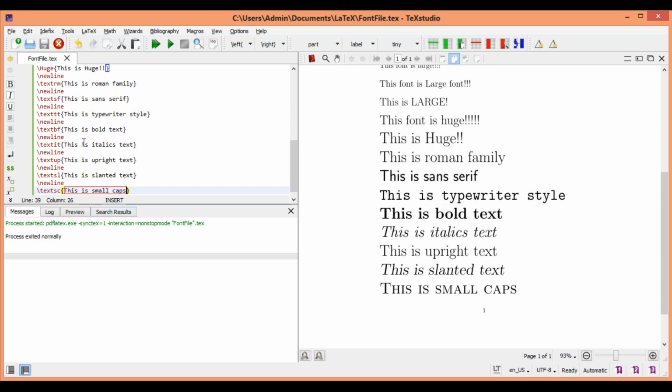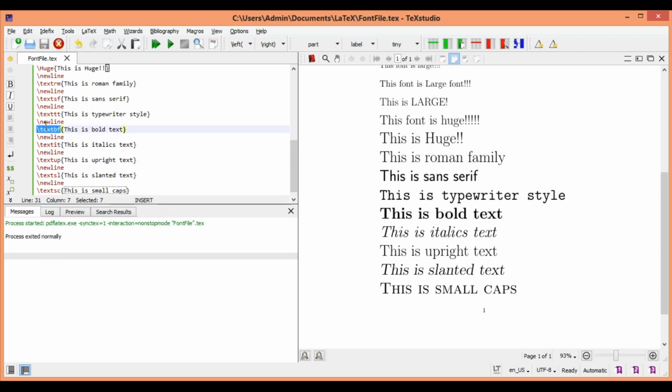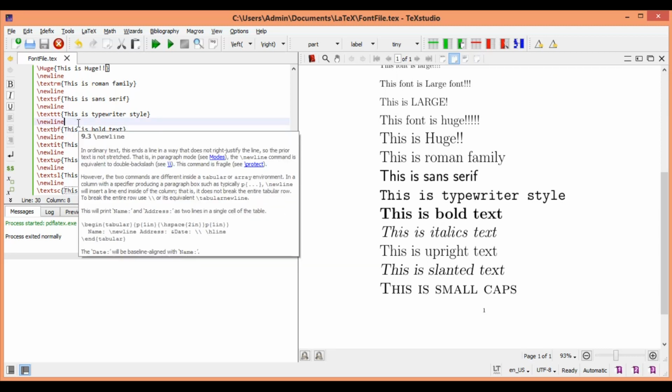But remember, everything we are putting under a tagline. We are putting text UP for upright, then BF for bold, etc. So each content that you want is getting written inside a tag like thing where we start a slash, then we define this, and then we say bold. Now what happens if I want to subsequently write everything in bold? I don't need to start a text BF here and then put a bracket, write everything under the bold category. So there has to be something called, subsequently I say, switch over to this font style. So it is called a switch command, which happens for these.